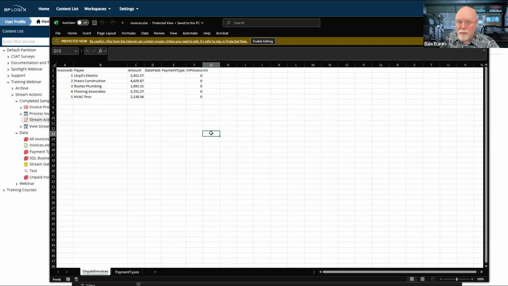Now, tomorrow, I might have an additional 5 invoices. What I don't want to do is re-import these 5 if I've imported them once, but any additional ones that show up down here, I am going to want to import as they show up as unprocessed. So I'm going to need a flag that tells me whether I am processing these invoices or not. I only want to pull in the unprocessed invoices.